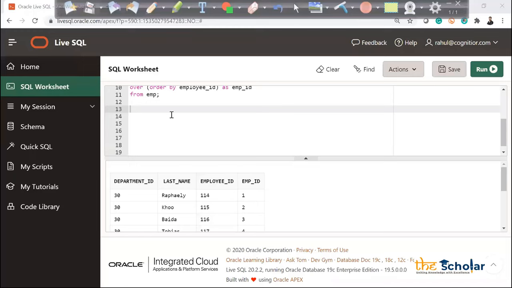Now let's play around with some more options which we have in this analytic function. I want to find the average salary of the employee. Let's write some query here and then try to understand what's happening.